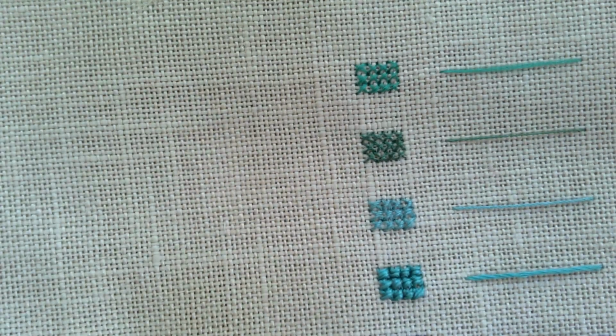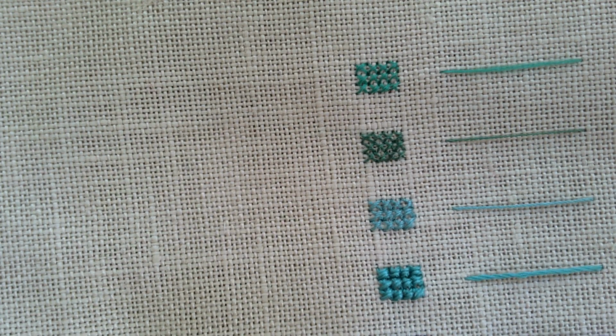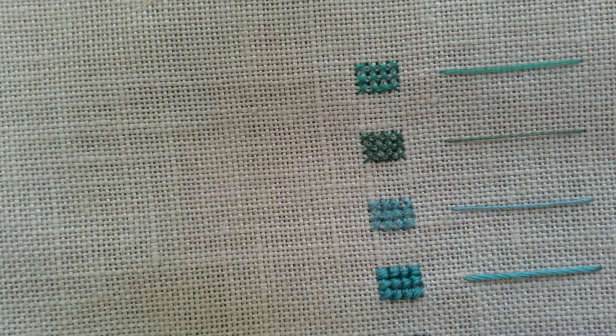I think Soie Fine is quite hard to find in the UK. Mine did not come from a UK shop, it came from a German shop, and they only had it in packs, so I bought a green pack and a pink pack, I think. I have yet to find somewhere that will ship at a reasonable cost to the UK individual spools, or, you know, spools that you choose individually. I'm not saying I would buy one, but I might buy, you know, 8 or 10, but I want to choose which ones. Yeah, I have not yet found a source of that,